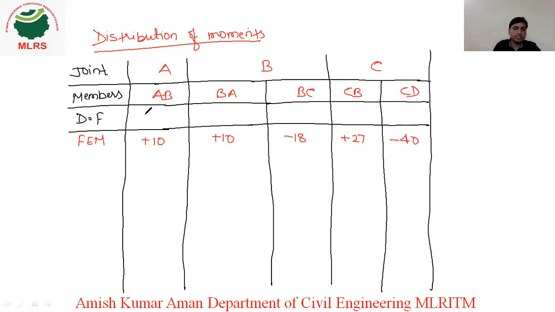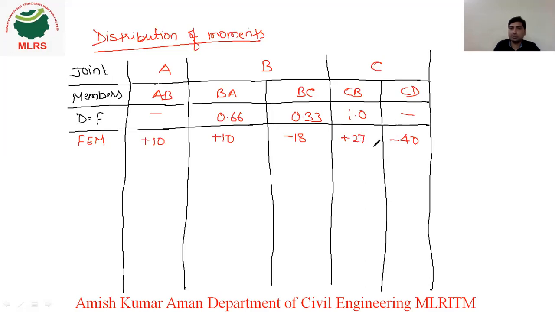Yeah, we need to write the distribution factor here. No need to write a distribution factor here. It is a distribution factor of 0.66. Here the distribution factor is 0.33. Here the distribution factor is 1.0. Now in this step, what I am doing, I am balancing C. This is the C joint, no? So I am balancing the C joint here. Because the distribution factor is 1 here and here the distribution factor is 0.